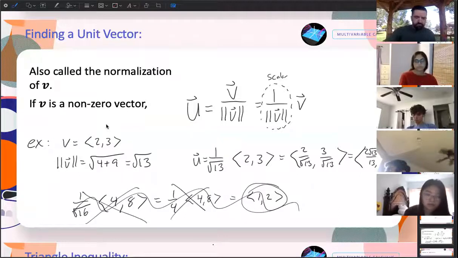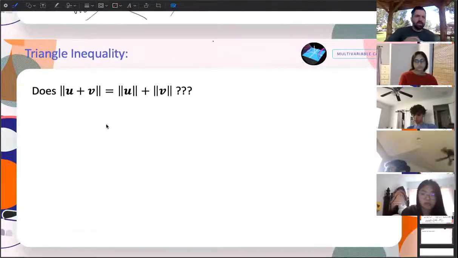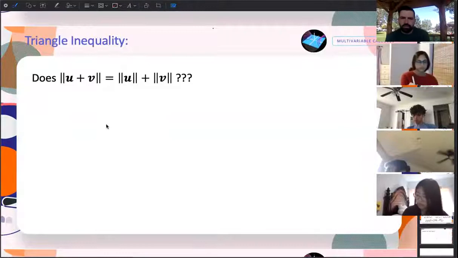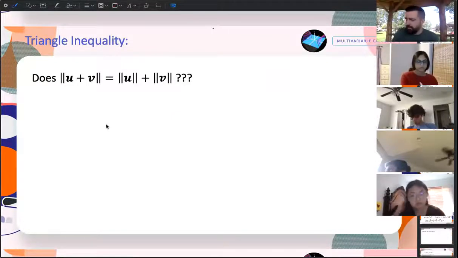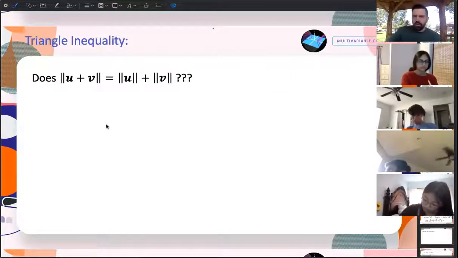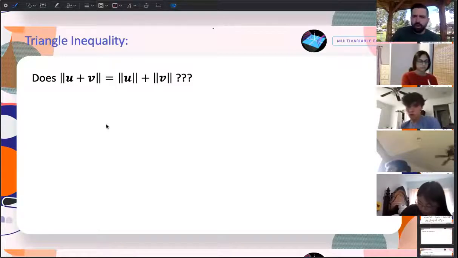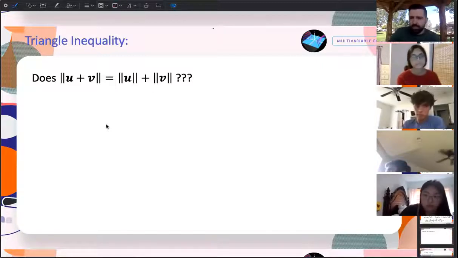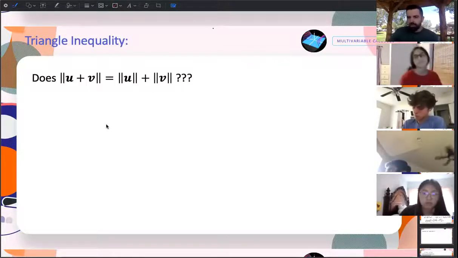All right. There is an inequality that can be shown with triangles. This one also comes up a fair amount in different places. There's multiple ways to prove it. You can prove it analytically. We're just going to show it geometrically really quickly. You can't break up a magnitude like this. So people are tempted to oversimplify things. The magnitude of u plus v won't be the same as the magnitude of u plus the magnitude of v most of the time.